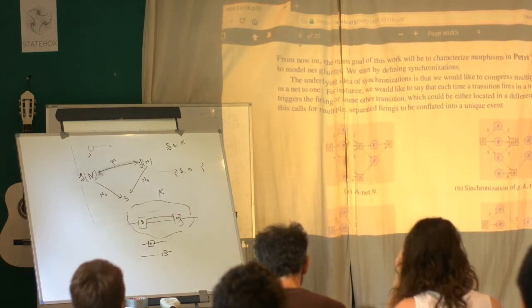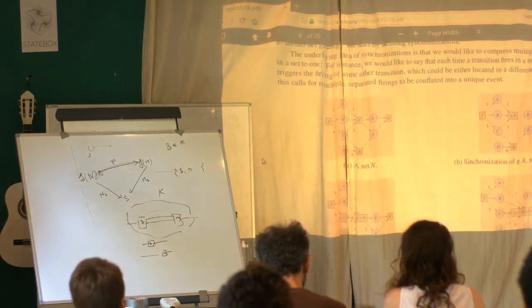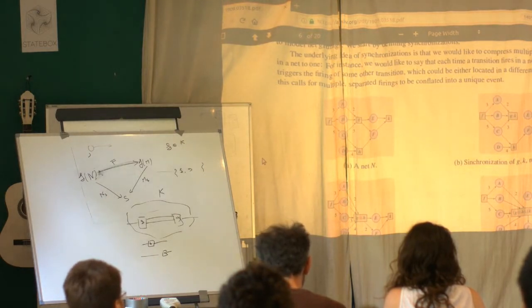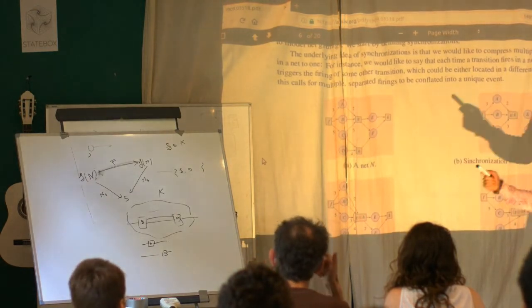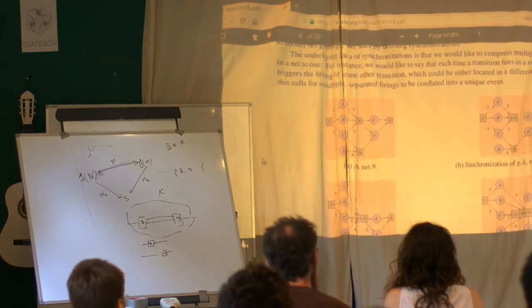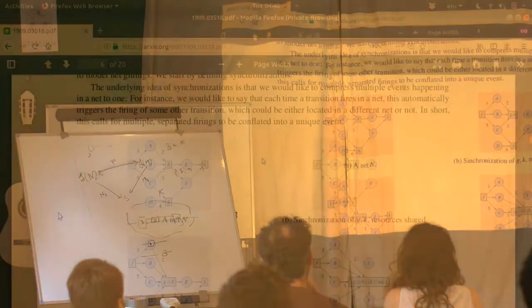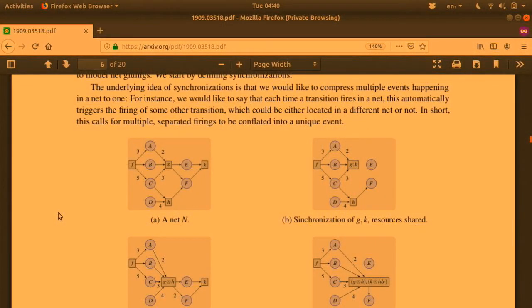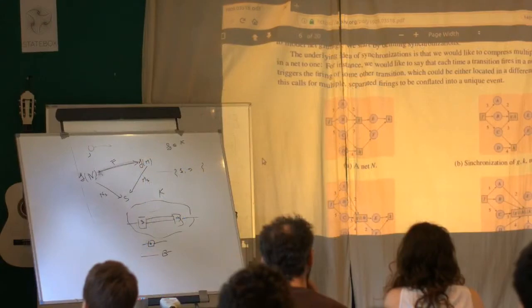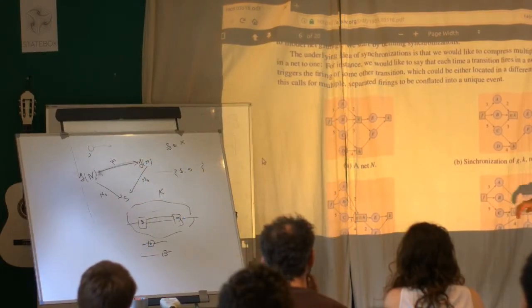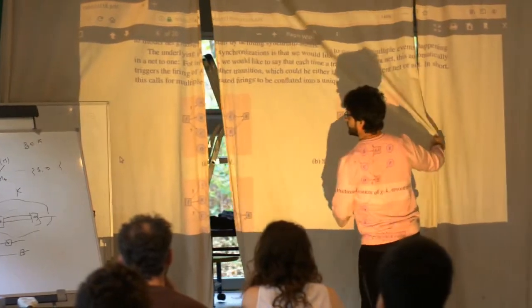The first thing I looked at is synchronizations, which is, again, a way of gluing things by conflating transitions. Another thing that you will notice is that since in this framework we don't have ports, we have to specify what we are gluing. And then I will show that you can get back what we meant by gluing things up to now in the previous literature. But the only thing I can really glue at the moment with what we developed is transitions and places within the same net. So for instance,